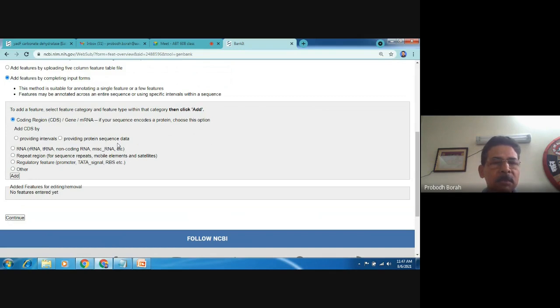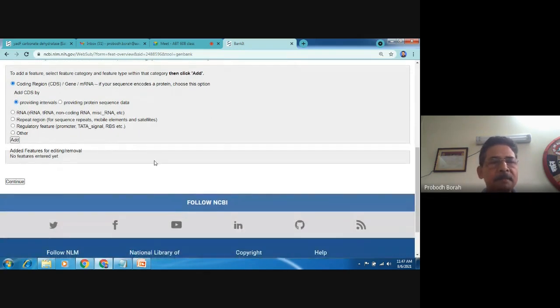So we will click on providing intervals. Then it is asking whether it is RNA, repeat region, regulatory feature, or others. It is not. So it is a coding sequence. Then we will click Add.